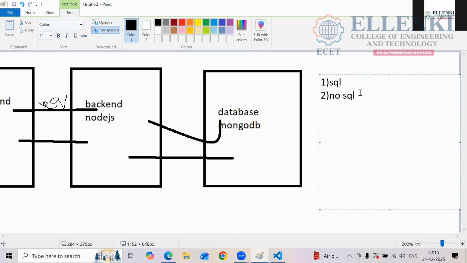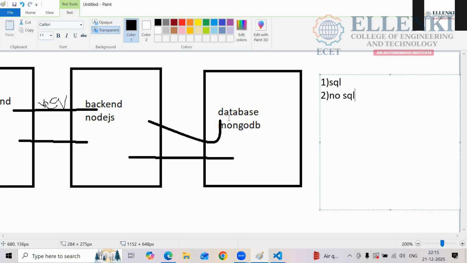That is NoSQL. Here there is no formation of tables, rows, or columns. Whatever data we have, we give to them. That's it. This is what we use in MongoDB. So MongoDB is a NoSQL database.